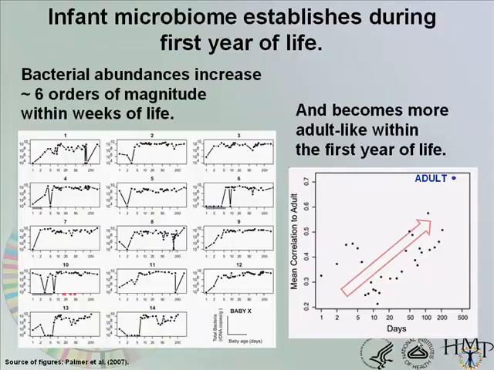Point number two is that the inoculum comes from the mother or wherever the main source of microbes it's exposed to, and because it's a microbe magnet, it's a kind of a bioreactor over the first few weeks to years. And here's another set of figures from another paper, Palmer et al. 2007. Let me just orient you for a minute.